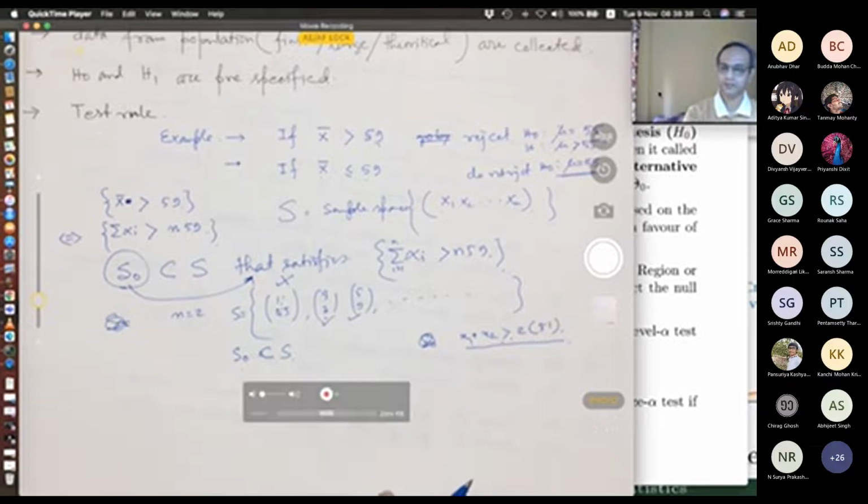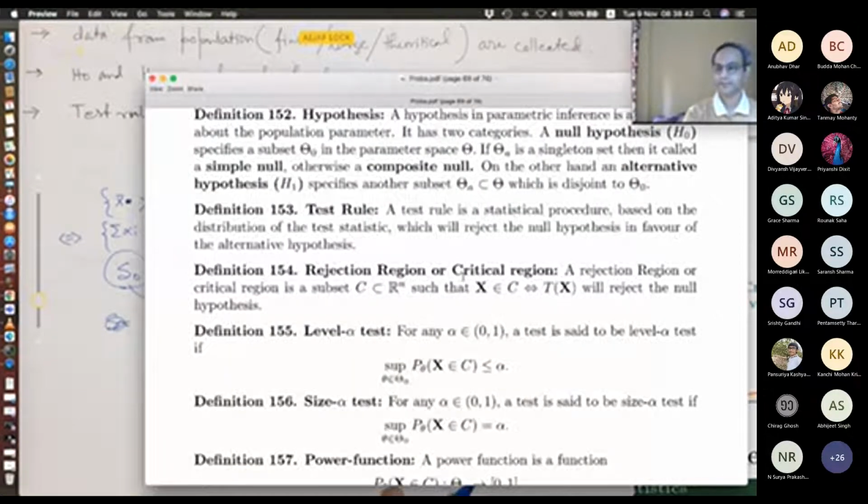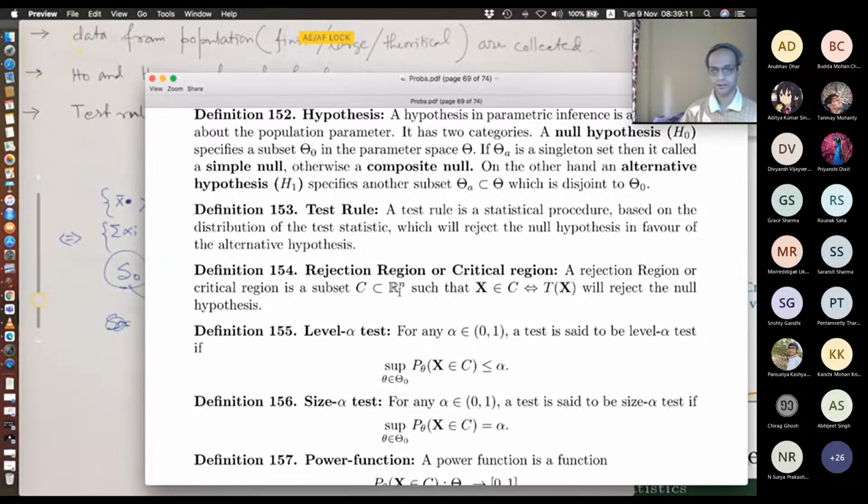Now, there are a few more terminologies. The rejection region or the critical region is a subset C of R^n, the sample space S, such that X belongs to C is equivalent to T(X) rejecting the null hypothesis. You can consider T(X) as the test rule, like T(X) equals X bar. Based on that, you conclude whether you will reject the null hypothesis or not. So it is equivalent to making a partition in the sample space,